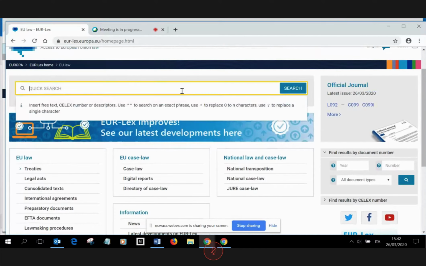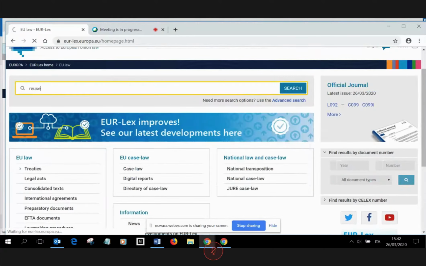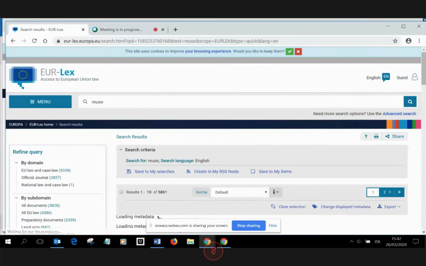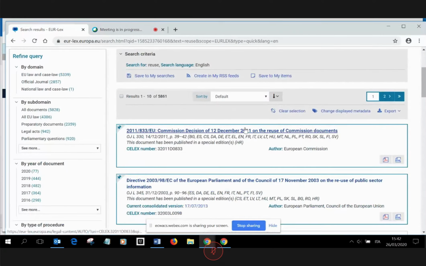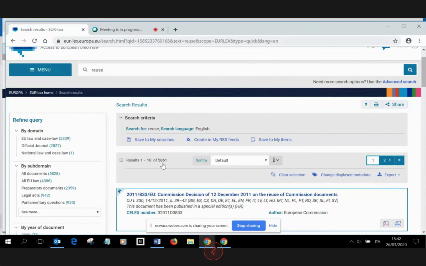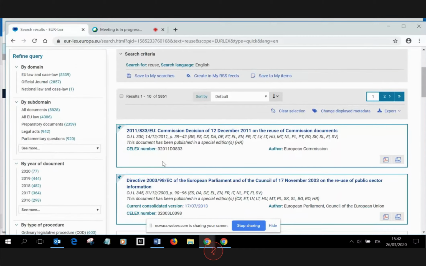Different types of searches. This is very general, when you know only the topic, but you don't know exactly what you're looking for. For example, if I type "reuse", this will search in the whole database. So it will search in all the titles, the text, the metadata. This means that you will get a large number of results. And then the filters on the left side help you to narrow down your results